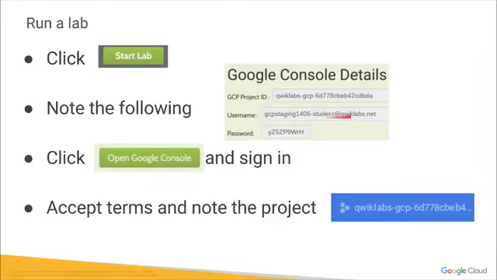Now to log into the console, this is going to be your unique username and password. That is to log into the Cloud Console, not into Quick Labs. In fact, you won't get this before you open the Quick Lab, so I'm not sure why I'm referencing that. But understand that this username and password is going to change for every single lab. So once you click Open Google Console, then you can use these credentials and, of course, pick the project from the top if you don't see that already.